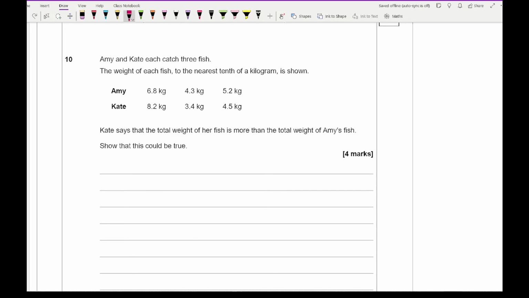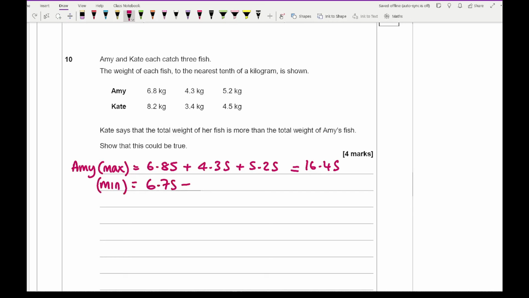So for this, what you want to do is work out the upper and lower error intervals for both Amy and Kate. So for Amy, in terms of her maximum weight, that's going to be 6.85 plus 4.35 plus 5.25, and that comes up to a total of 16.45. Then if we work out her minimum weight, that's going to be 6.75 plus 4.25 plus 5.15, and that comes up to